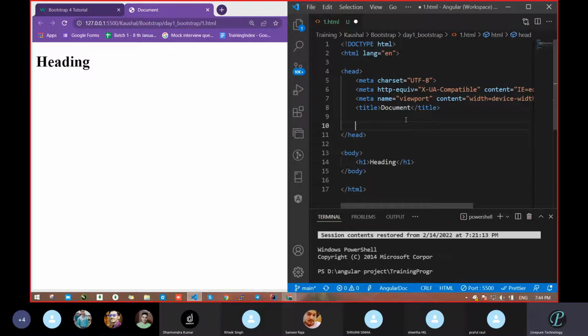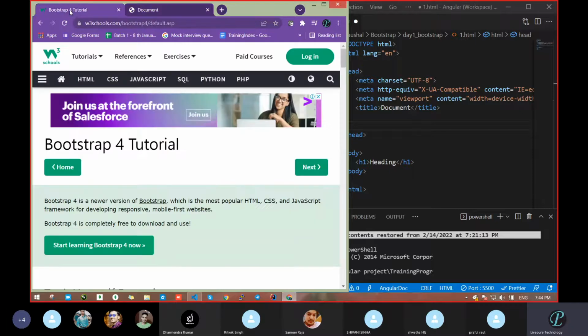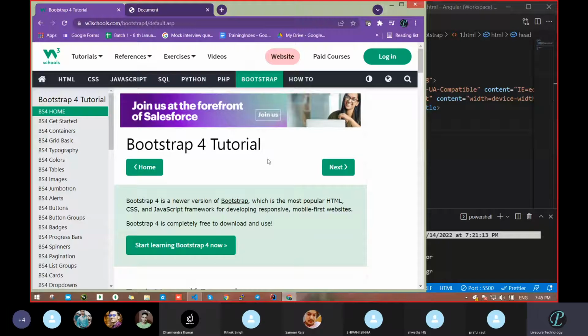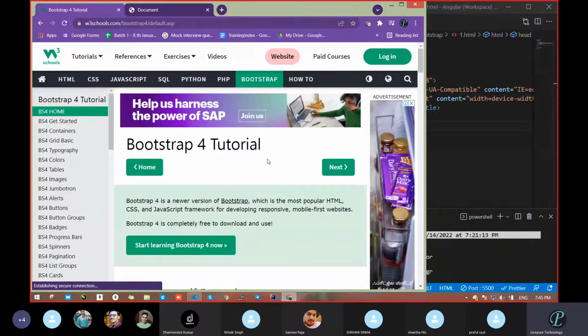Okay. Next, how are you going to reduce that line of code? Let's move to the Bootstrap side. We have this much confusion and doubt, and we will clear all the doubts one by one. Which Bootstrap version will we use? We will use Bootstrap 4. Bootstrap 3, 4, and 5 are all there, but we will use Bootstrap 4 because Bootstrap 5 is the latest one. So don't use that, maybe you will get some bugs. You can use it if you want, but I would not prefer it.